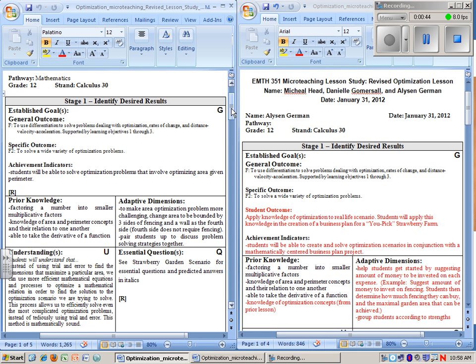I thought, in real life, what kind of area would I want to optimize or benefit from? What better than optimizing the area of a strawberry garden, because I love strawberries. If we wanted to create a business, we would obviously want to grow as many strawberries as possible so we could make the most money possible and also eat as many strawberries as we could.